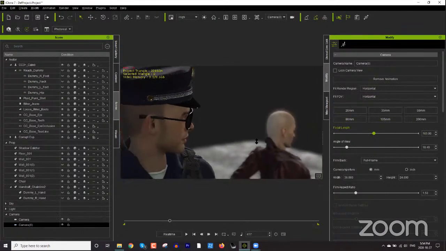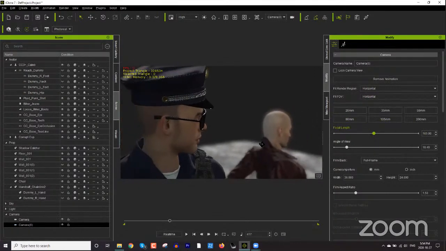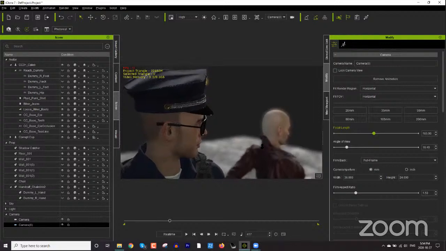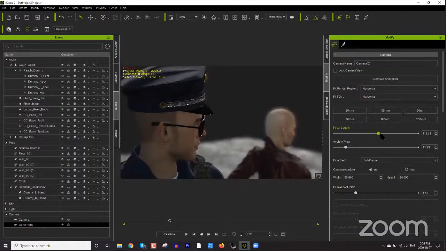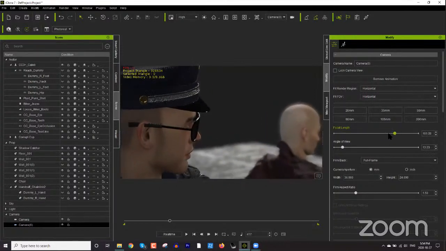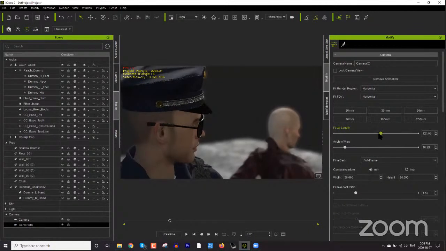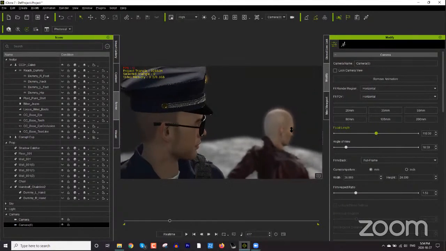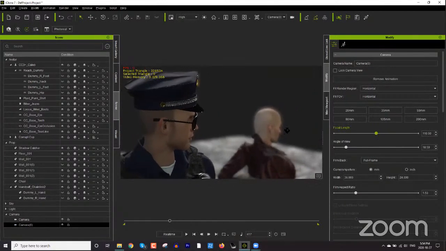And what that'll do is make it appear that the characters are closer together just because of the higher lens focal length. You can do that manually as well, just like this. Okay, I'll use a value maybe like this, I think should be fine. Zoom out a little bit. This will be okay. And then again, I'm doing this all at frame 417 here. So what I always do, unless I want to transition this camera or move it or adjust it in some way,